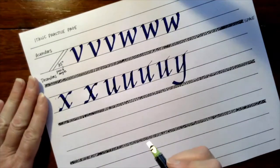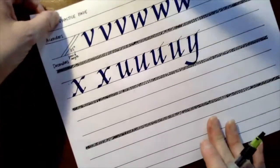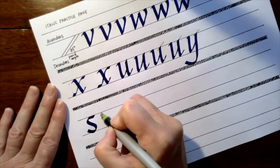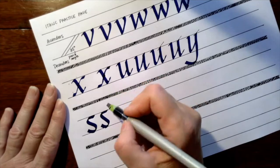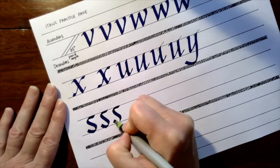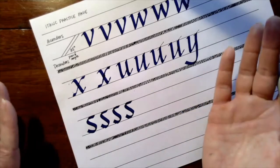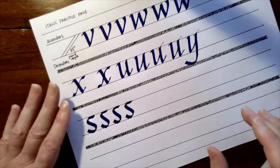Okay, and finally S. The S, you do the top stroke, the middle swirl, the bottom stroke. Top stroke, middle swoosh, bottom stroke. And you see the top one isn't very curvy, but the bottom one is, almost like a hook. Top stroke, middle stroke, S. There. So there we have all the lowercase letters, and you can look at the printouts to see them all,